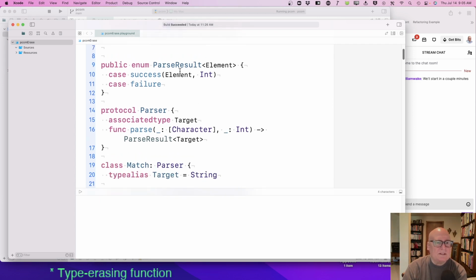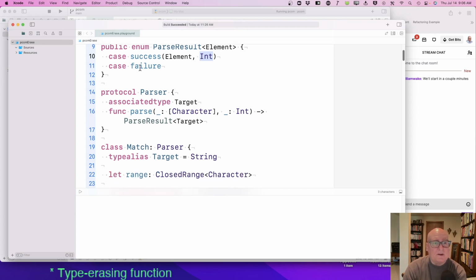Then the parser itself. One thing is we have the notion of a parse result. Over some type element, either the parse succeeds, and I tell you the position in the string for the rest of the parse. The element consumes everything up to that integer, and after that point is where you should start parsing some more. Or you could have a failure: I didn't match this, and I'm going to backtrack.